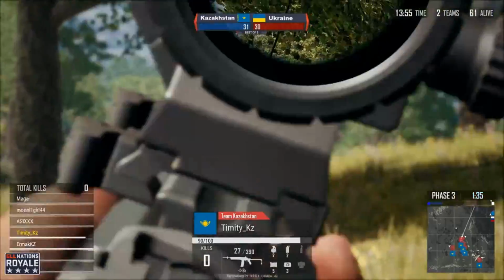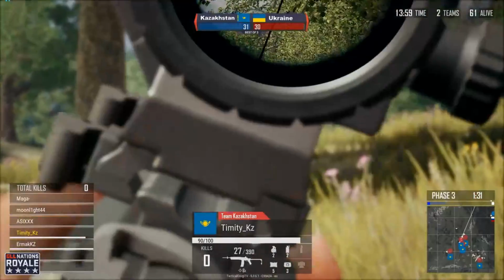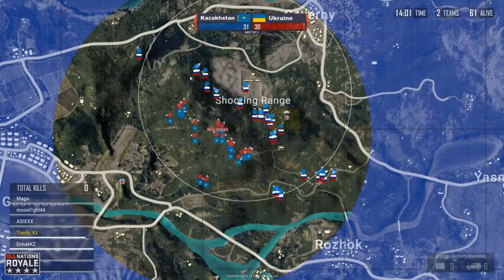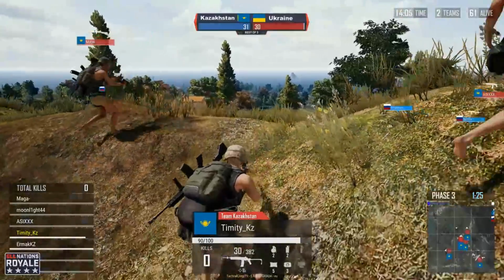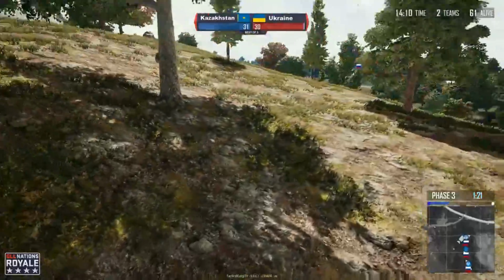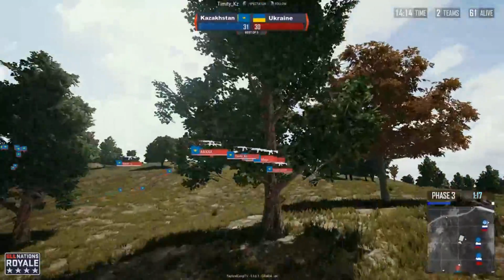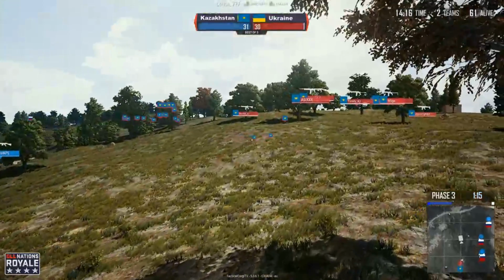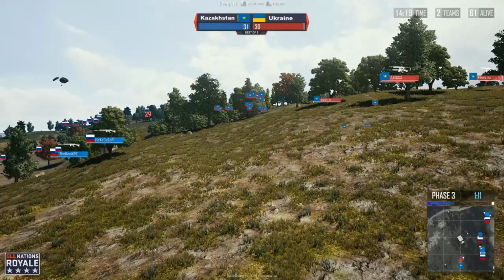And now we actually have Team Ukraine taking some shots on somebody who's trapped in this shed. And it's going to be a little bit of a rough transition for Perfect 1KS as he finds himself stuck in there. But it looks like he has a vehicle that took him by his side, and they will be able to retreat from that shack and have plenty of cover, as the next circle is going to start shifting